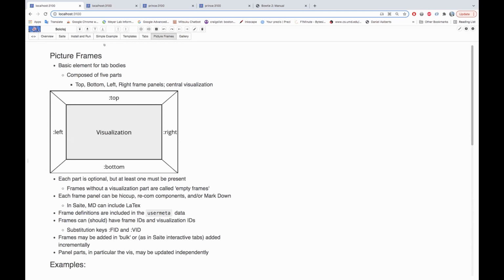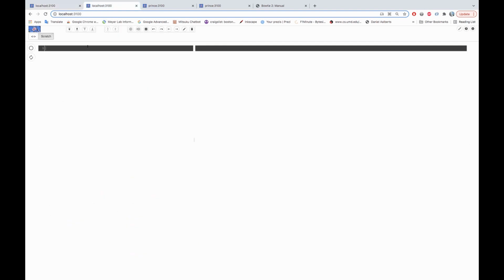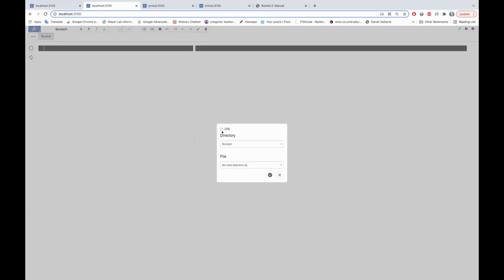So maybe that's it for this one. Let's go over here and show a little bit about just these controls and whatnot. So you can upload a document, you can save one of them, you can grab code files, you can grab them from a URL as well. One of the things you can do that comes with it is—